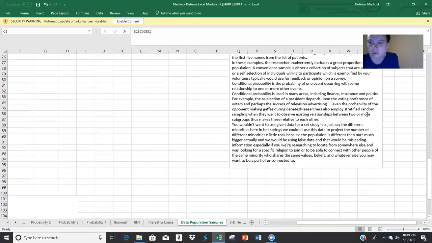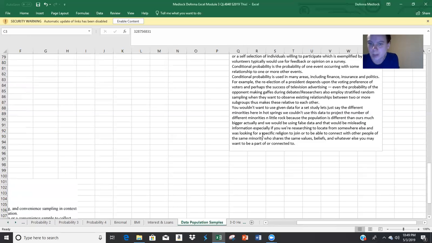Researchers may also employ stratified random sampling when they want to observe existing relationships between two or more subgroups relative to each other. You wouldn't want to use given data. Let's just say the different minorities here in Hot Springs. We couldn't use this data to project the number of different minorities in Little Rock because the population is different than ours, much bigger actually, and we would be using false data, and that would be misleading information,